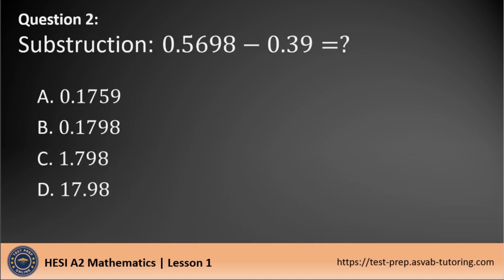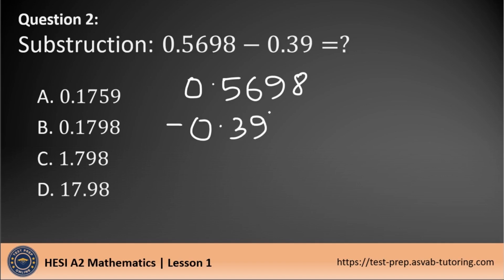Now come to question number 2. Here is the subtraction of two decimal numbers. First we will write down the number here, 0.569 and 8. Now we need to subtract 0.39. To match with the upper digits we need to write down two zeros. So now we will subtract from 0.5698 minus